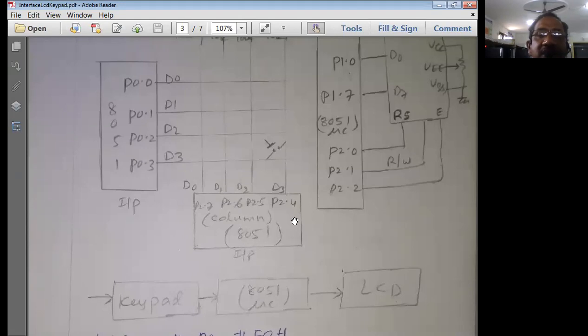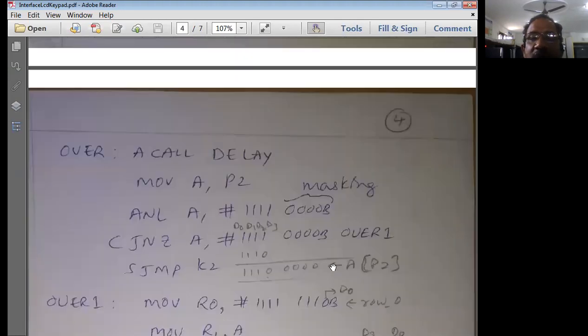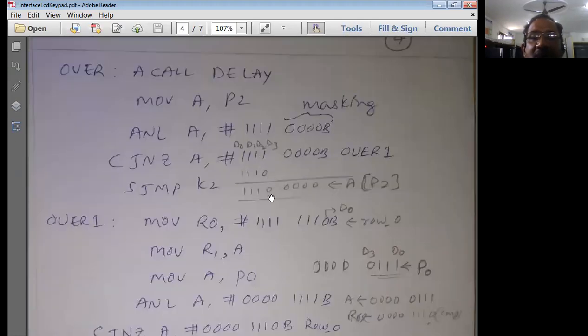Let us go back to the interfacing device, D3. Here the key is pressed. When the key is pressed here, this key is lying on the row D3, column D3. That is what the stuff over here. So here the column is the D3 column. Since the D3 column is pressed, it is going to become equal to 0 because of the key press on the column side. When you compare these two, because the contents of A are not equal to this, the result is going to be a non-zero value. So control goes to over 1.